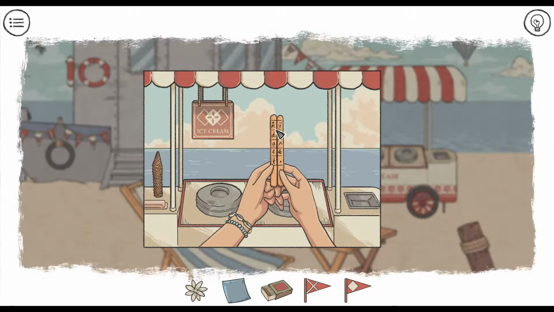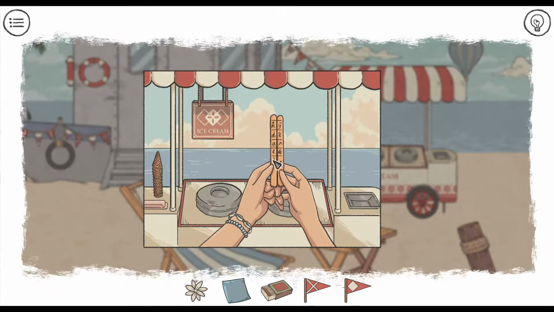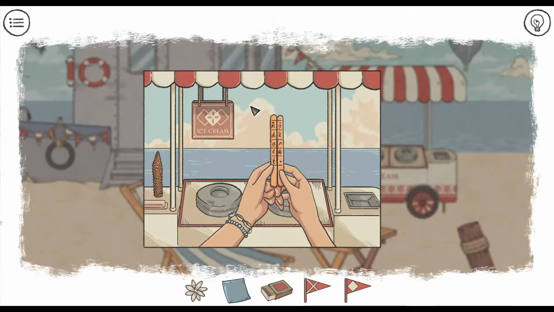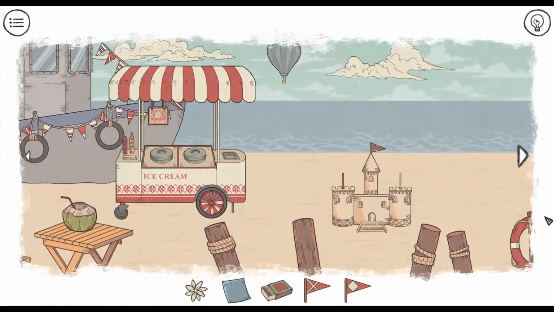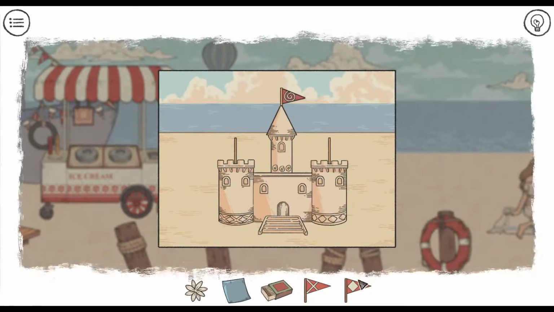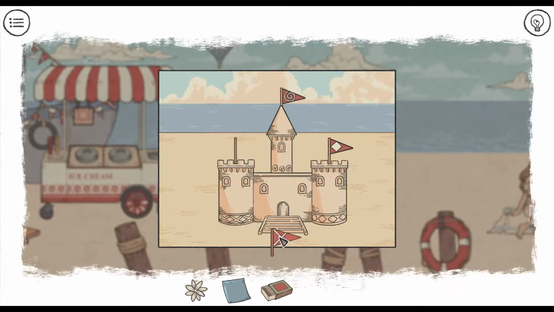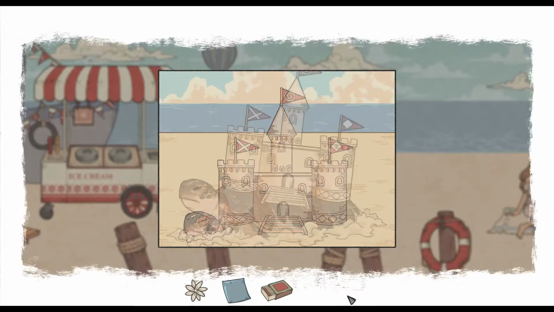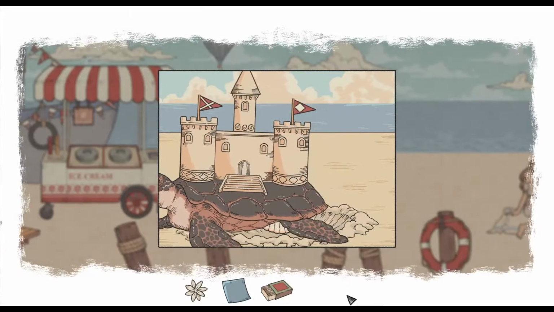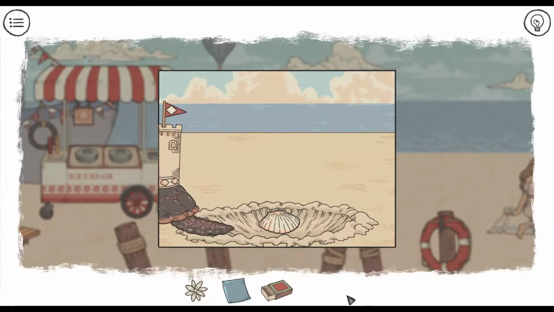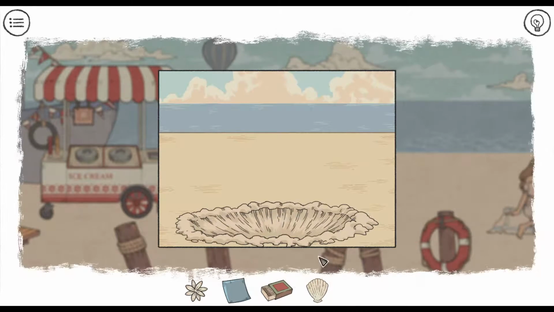Oh, so this says, "My dearest," and we're going to keep that in mind. We'll come back to this later. Here is a sandcastle missing a couple of flags. A turtle appears to take that sandcastle off somewhere. I love that turtle. That's a great touch. The way he's animated and looks is fantastic. They did a great job with that. But that gives us a